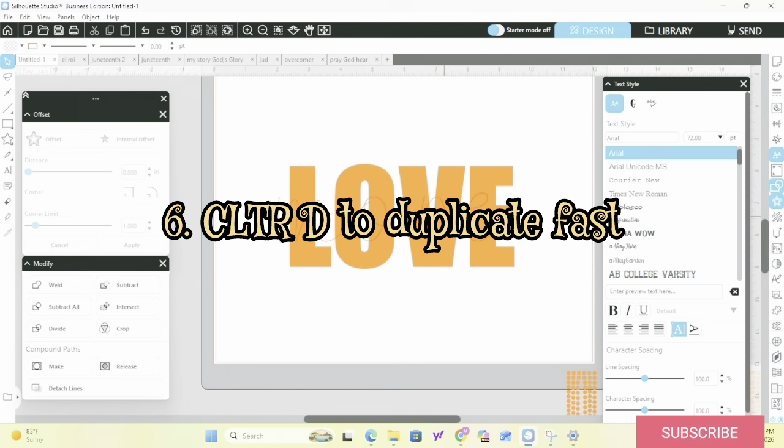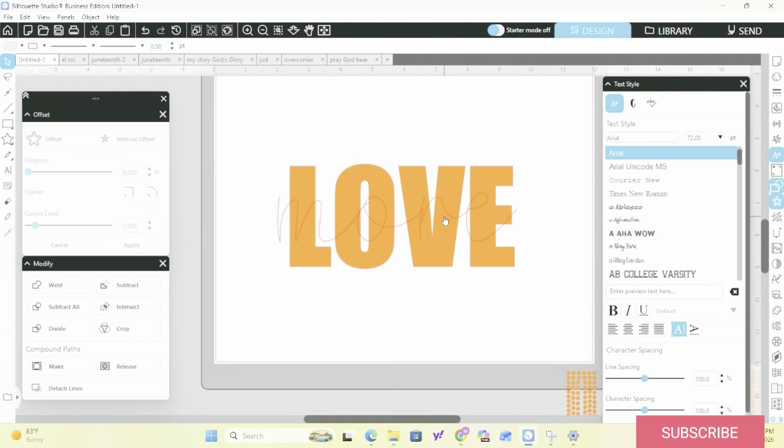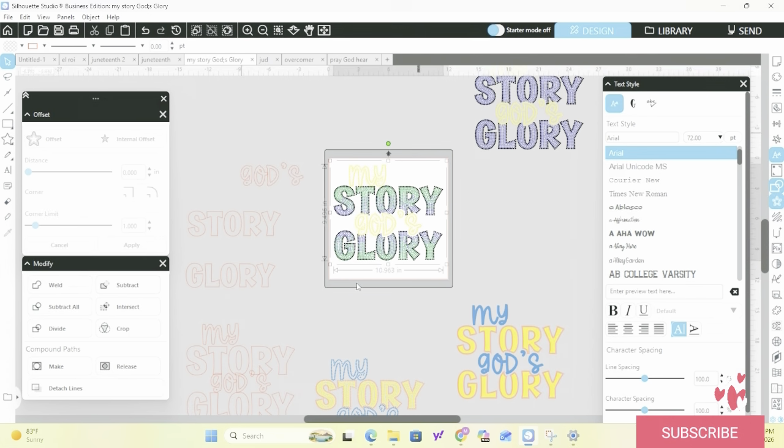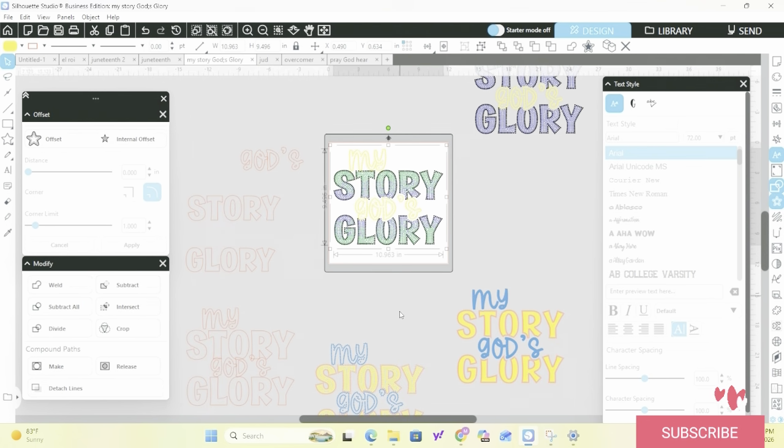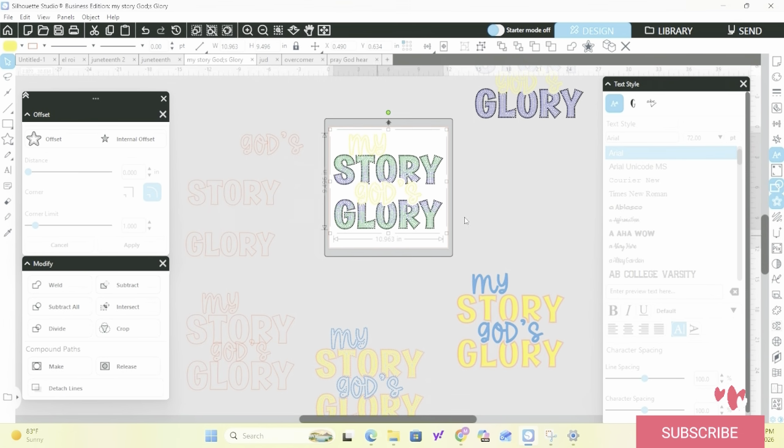Another one that I have used a million, gazillion times that I really love, and I always tell people, guys, when you're designing, you have to duplicate. So I'm going to switch my tab to something that I have done already, and I'm going to use that as an example. So this is one of my newest rhinestone templates, my story God's glory. And if you look at my panel right here,